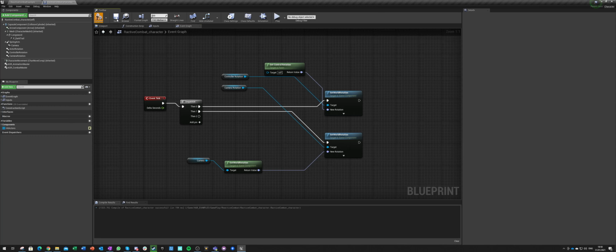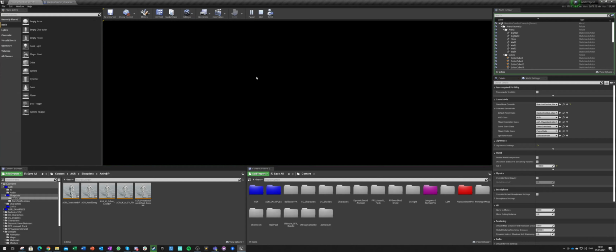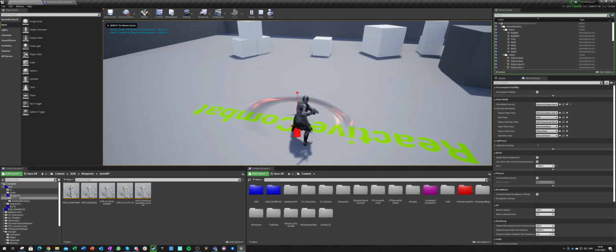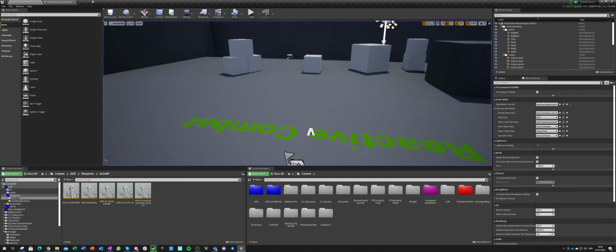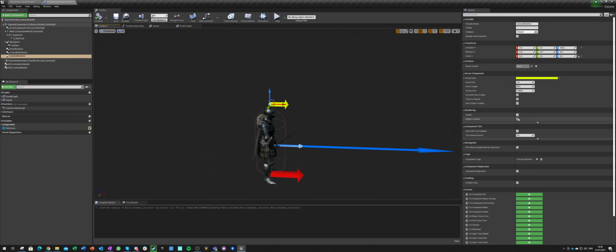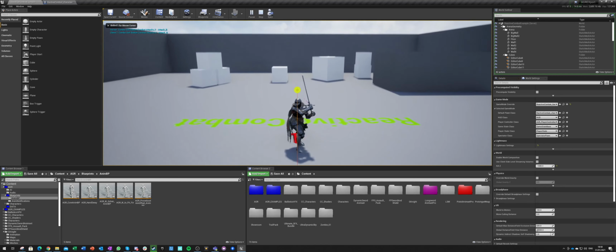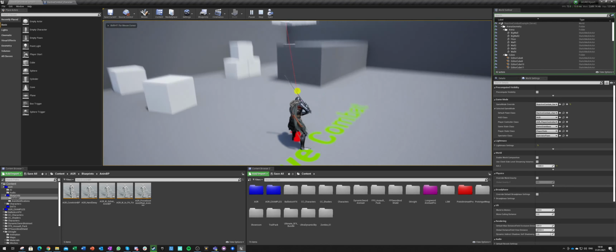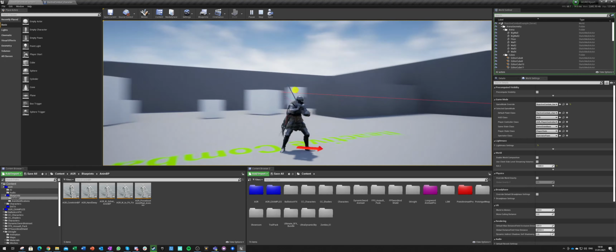So we go here, and now we see that we don't really see the third one. Why is that? Is it hidden? Yeah. Okay. So now we see that the controller rotation and the camera rotation are actually matching.